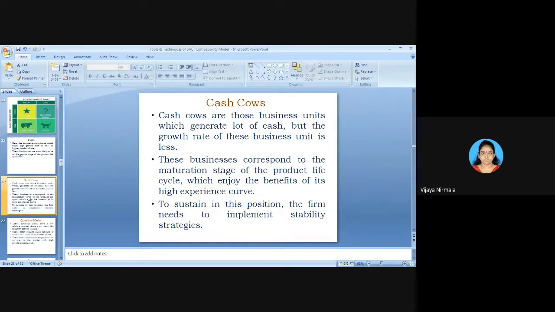For example, the example for cash cows in India is toothpaste for Colgate. That is the best example for cash cows. Do you know